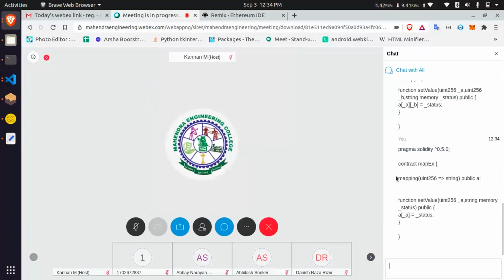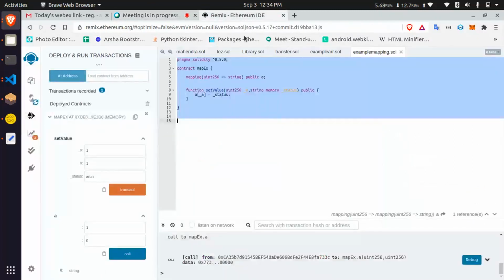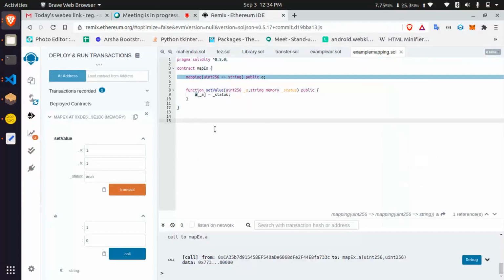Let's try these two changes up to 12:38. We will move on to the next part of the session. If you have any doubts,